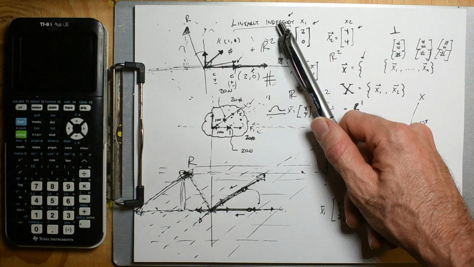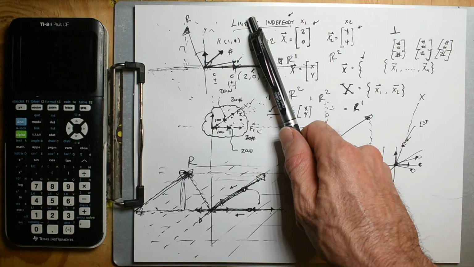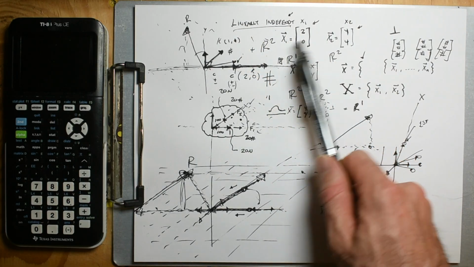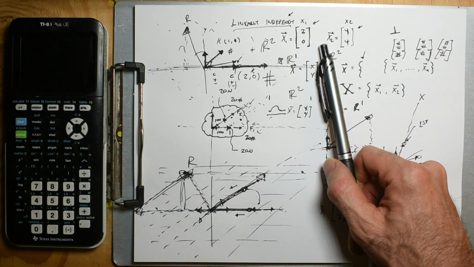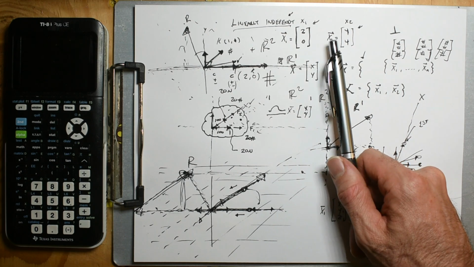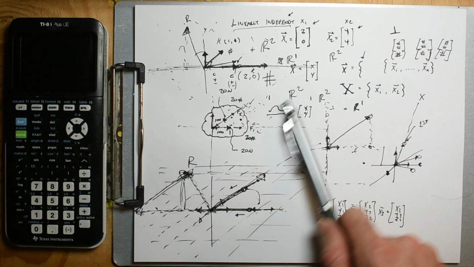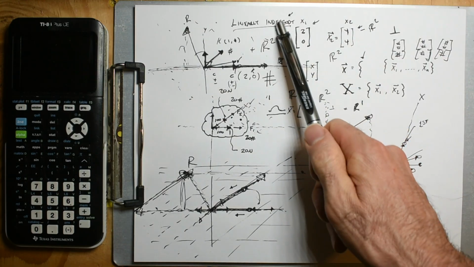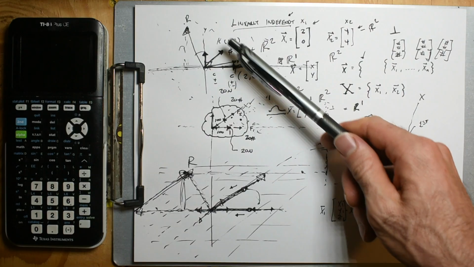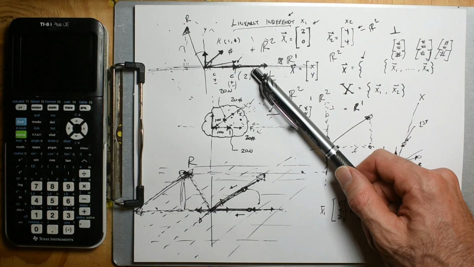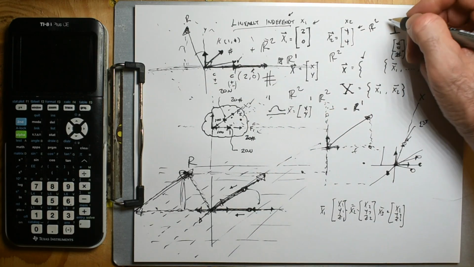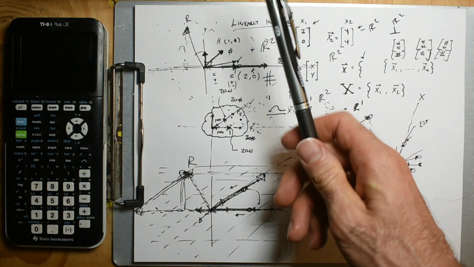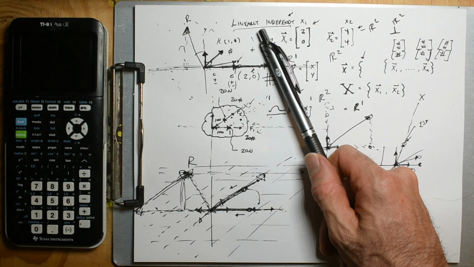Well, it's a basis, and if you have a linearly independent set of vectors, even if they're just bizarro values, it's still a basis for that range. So if this is R2, a linearly independent set of vectors can be scalarly added to reach any point in R2. If they're not linearly independent, then